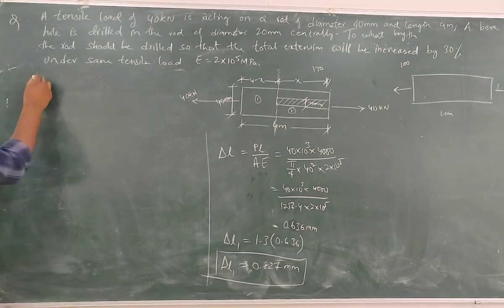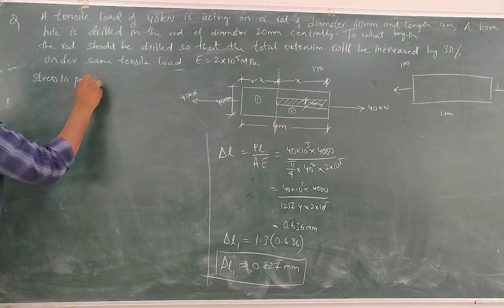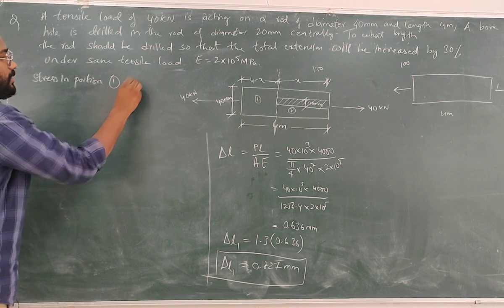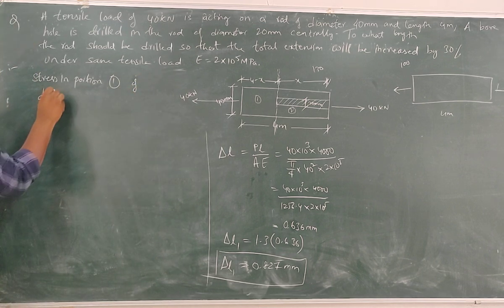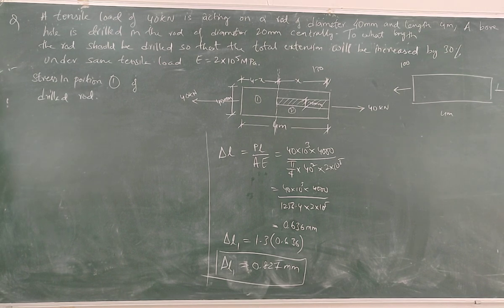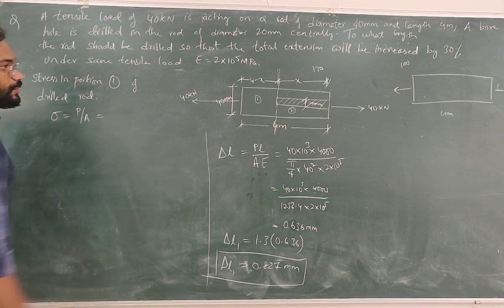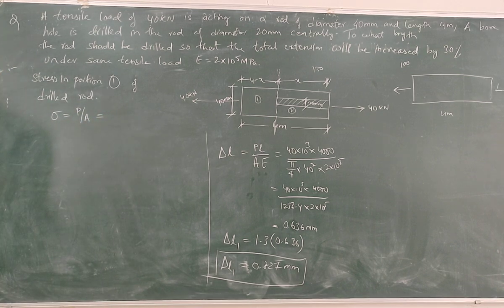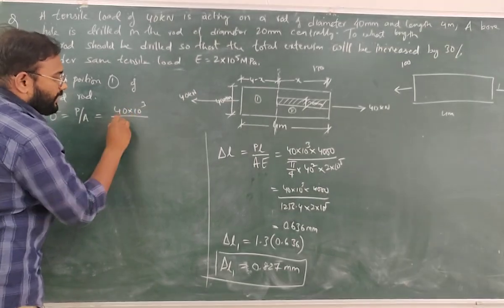I'll calculate the stress in portion 1 of the drilled rod. Now what is the formula for stress? Sigma is equal to P by A. What is the force applied? Force applied is 40 kilonewton divided